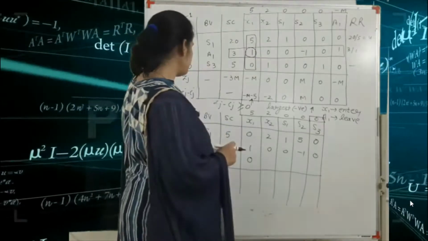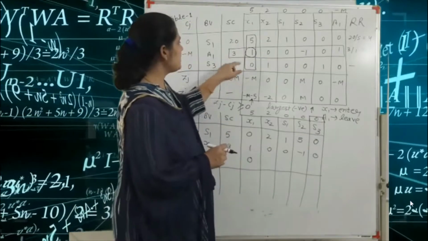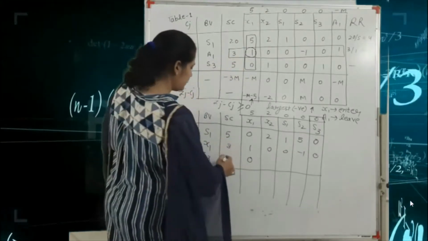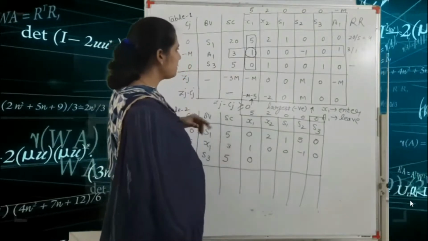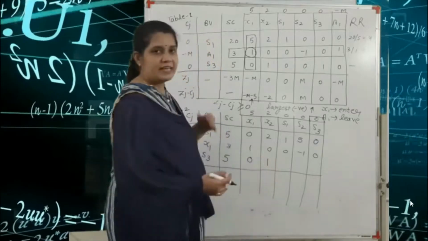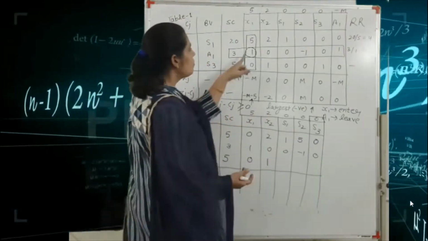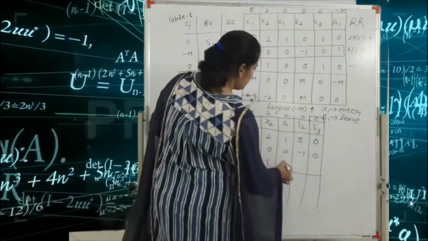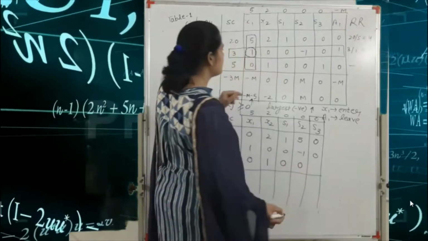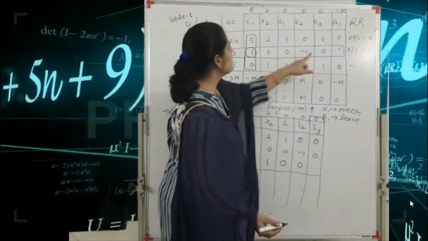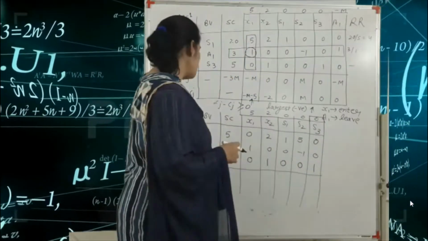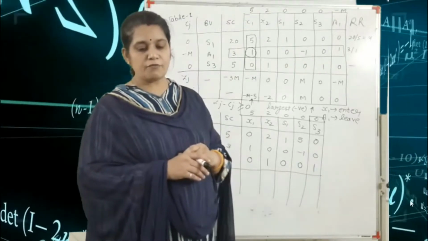So our next term is the third one. Here in this place 1 into 5 that means 5, minus 3 into 0, 0, divided by 1. So we write only 5. Next one, 1 into 1 minus 0 into 0. So here we write 1 because of dividing by 1. So we get the numerator value 1 into 0 minus 0 into 0. So we write here 0. 1 into 0 minus 0 into minus 1. So we write here 0. 1 into 1 minus 0 into 0 divided by 1. So we get 1. So we get here the values of this.